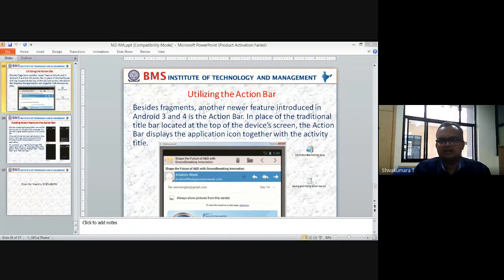I appreciate your question. Okay, so now in this session, we will go with utilizing the action bar. First, let us understand what is action bar.